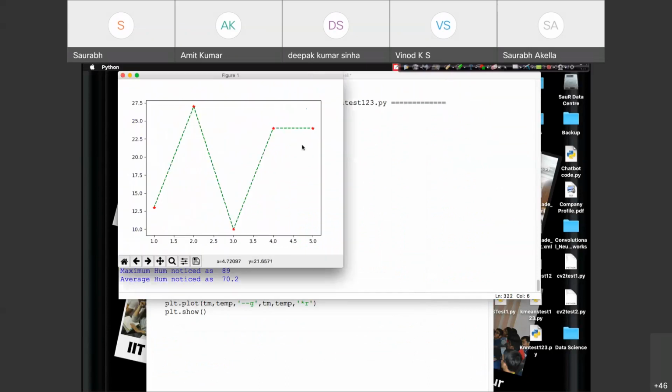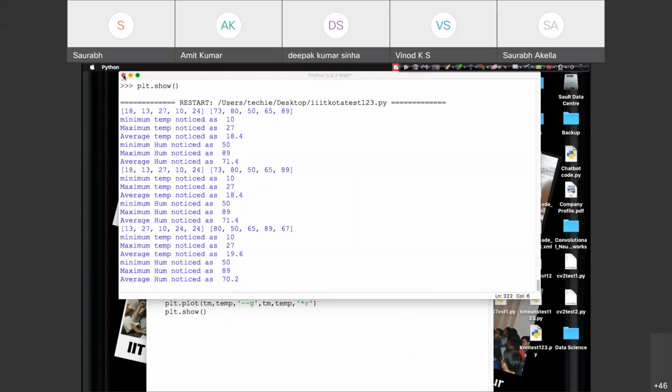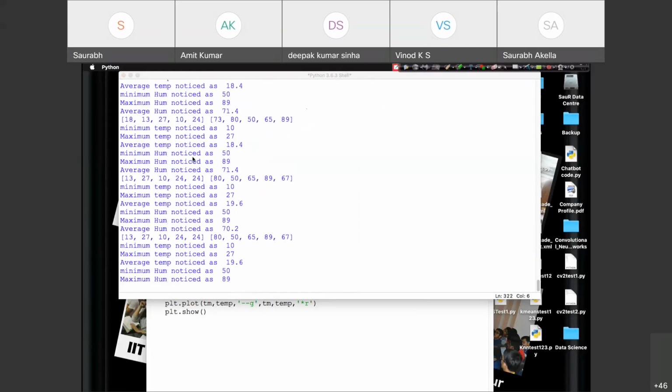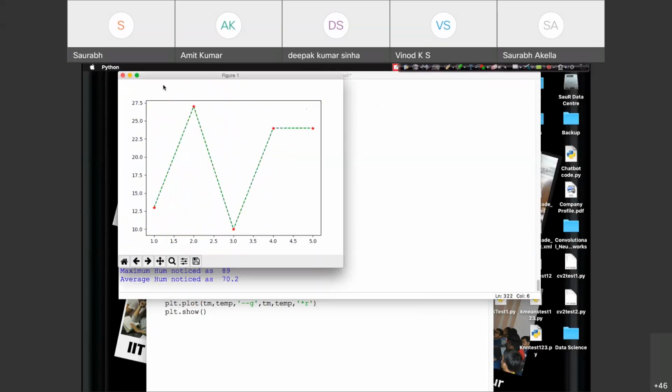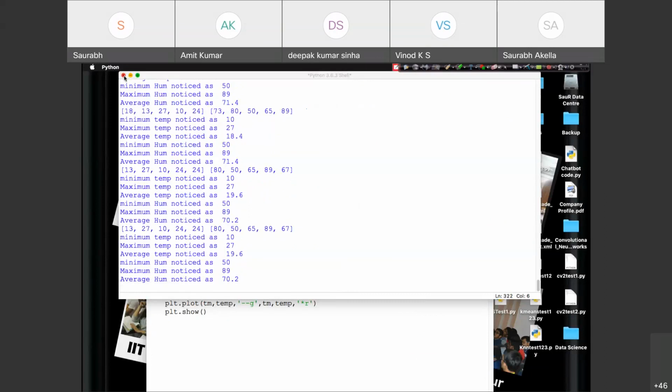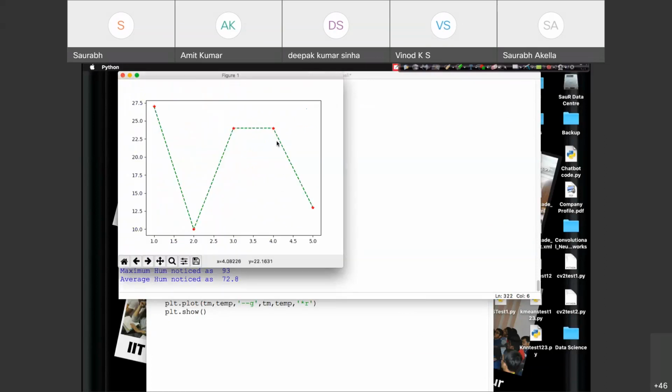Yeah, so this time it was different. Every time I close it, it gets reopened. So we have different values altogether. So now the shape of the graph is getting changed.